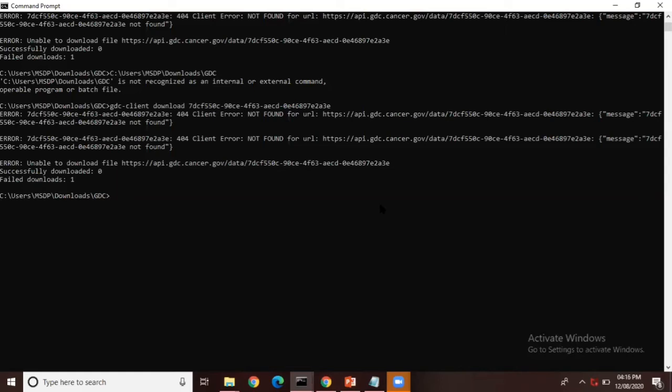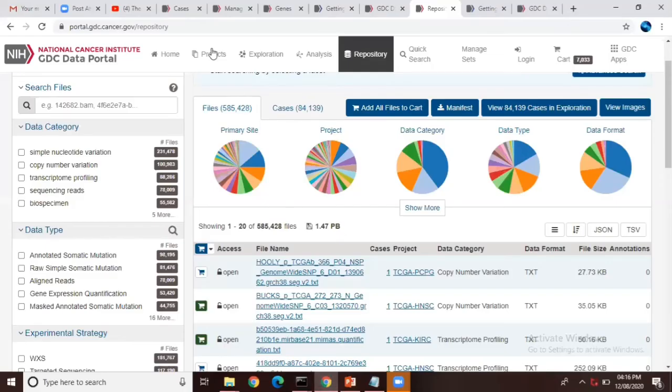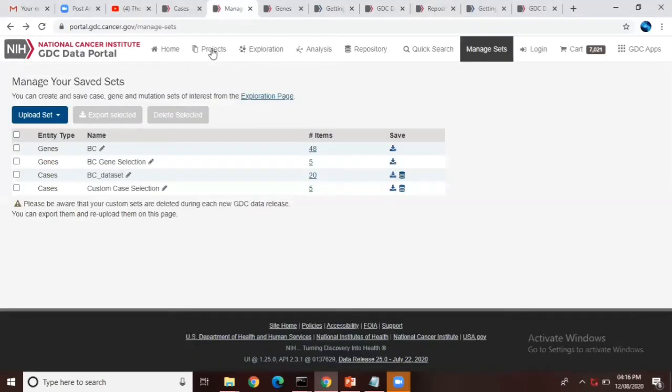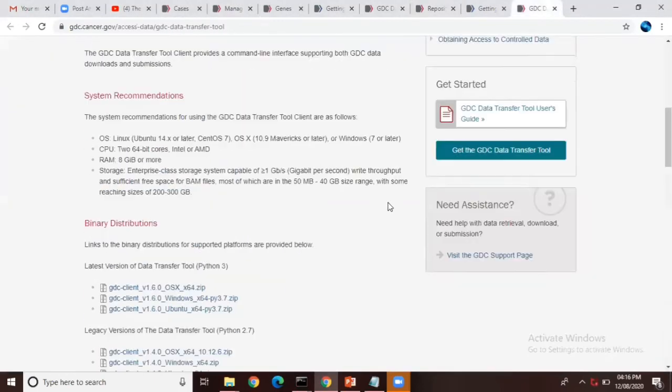I just wanted to ask, if I want a particular cancer type like triple negative breast cancer and I want to see the genes, then how do I filter that? Are you going to tell us about how to use filters in today's session or the next session? In today's session, I can explain it to you here only.